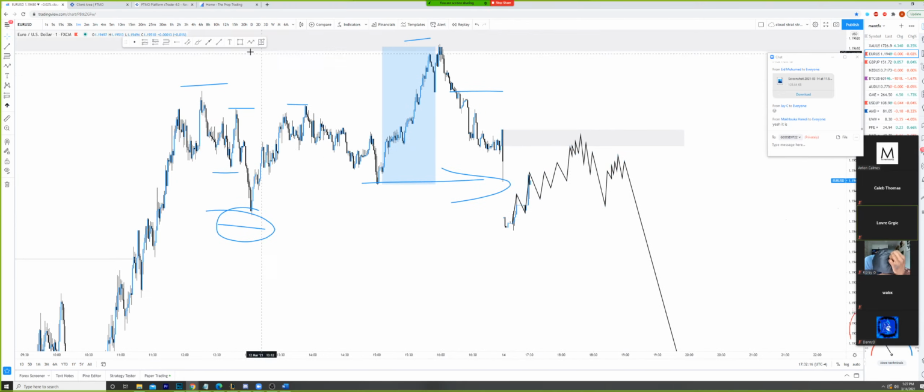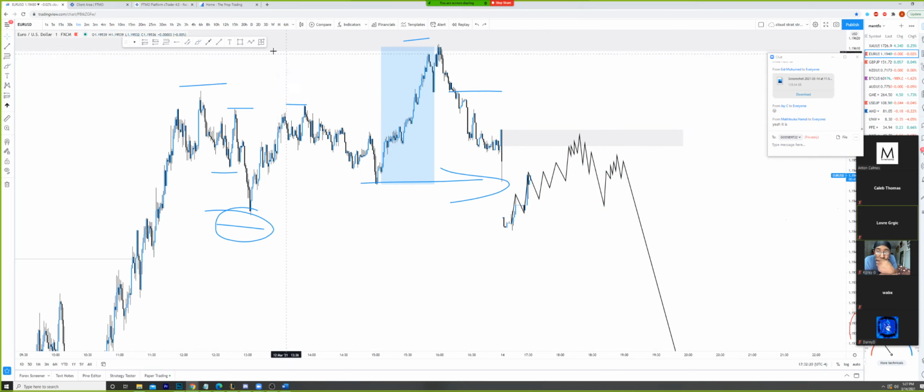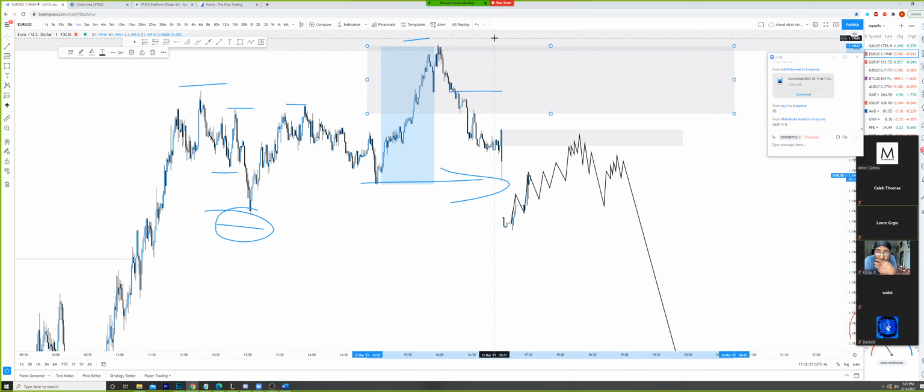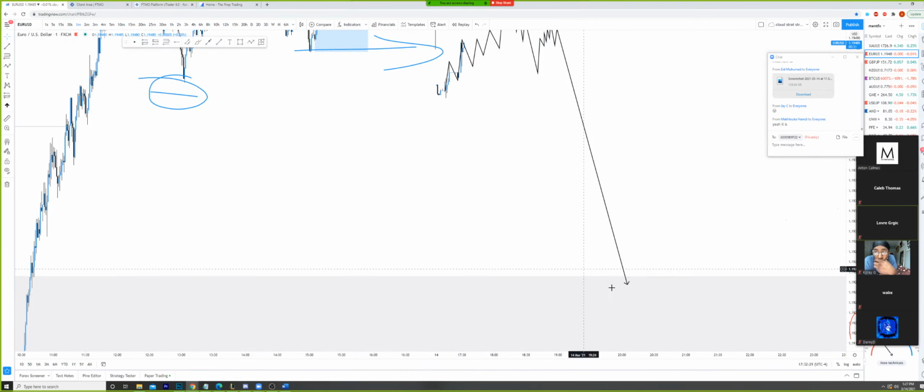And again, if this is not to hold and this bias does not play out, or even if we do have this bias play and then it loses, we have tons of areas up inside of this, even at the 50% and higher, so this overall demand zone here, to look for the same thing to occur. And the higher we get, the more potential RR we can even get.